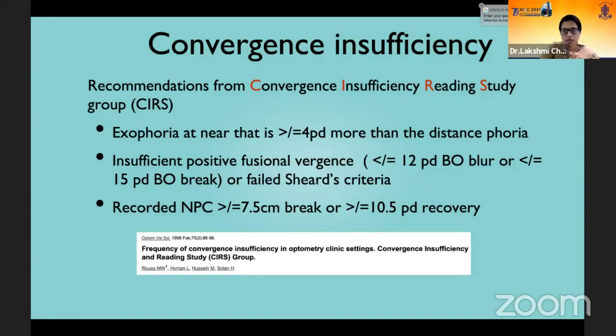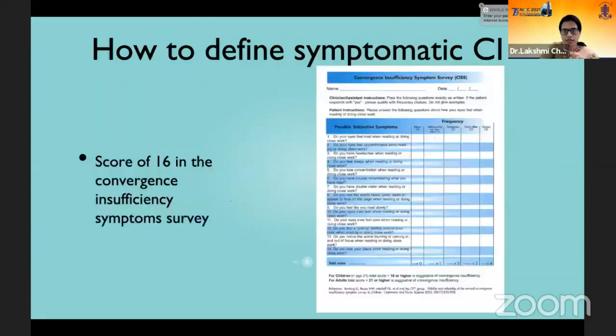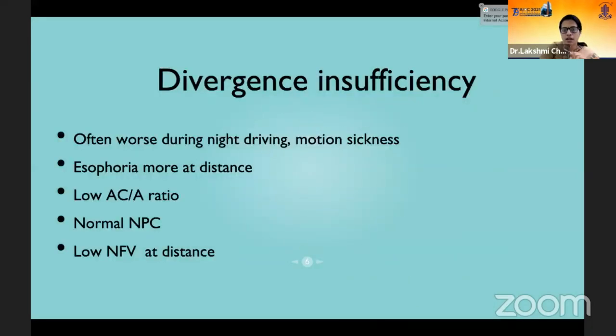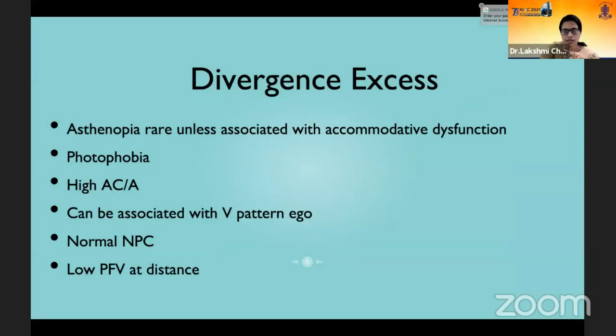The Sheard's criteria should be failed, and the recorded near point of convergence is larger. It's more than 7.5 centimeters. We can also assess the convergence insufficiency with survey sheets like the CISS survey, which gives a positive result if it is above 16. So convergence excess, as we already mentioned, is diagnosed with the Duane's-White classification as well as